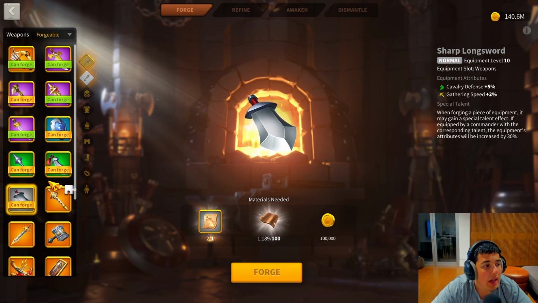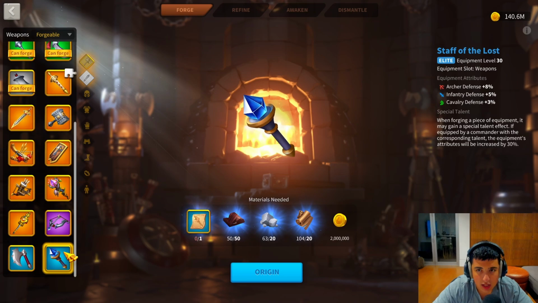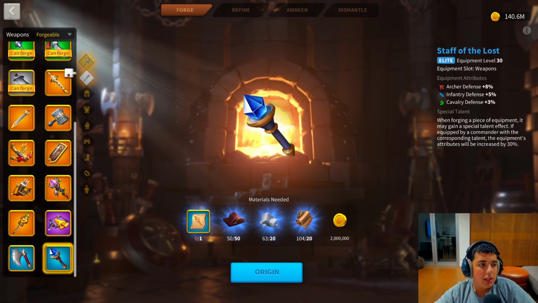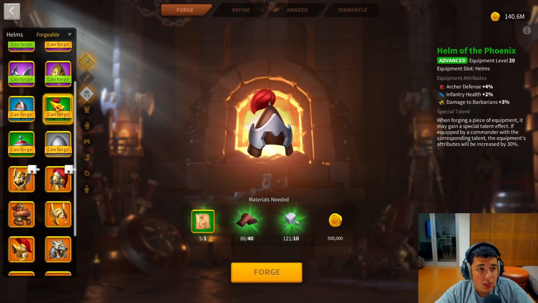Archers don't have that really amazing low tier piece of equipment. You've got the Staff of the Lost, which is a good piece of equipment. You're going to get 8% defense, but it's a rare piece of equipment, or elite, so it's going to be a bit more expensive. In terms of helmets, I think the Helm of the Phoenix is worth getting